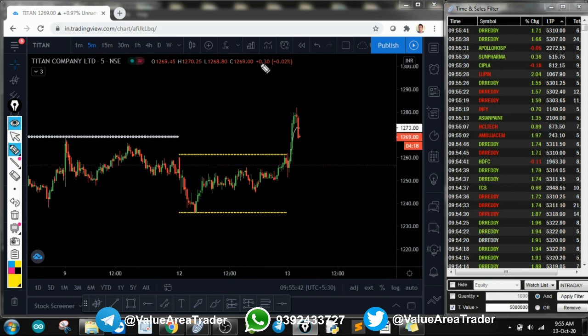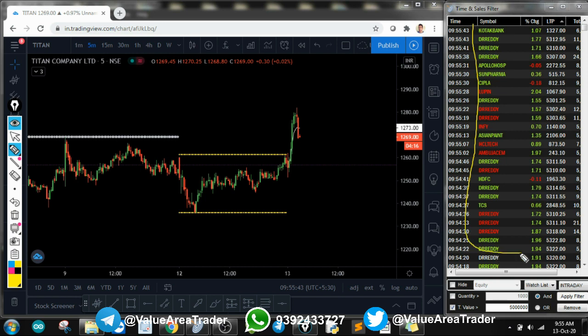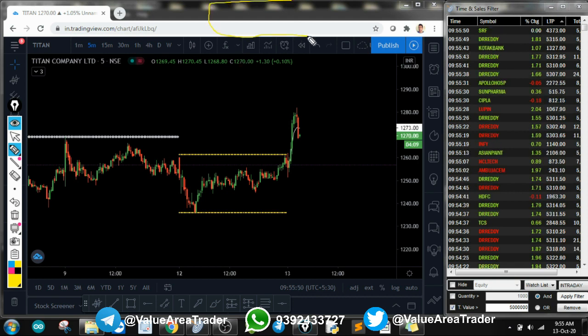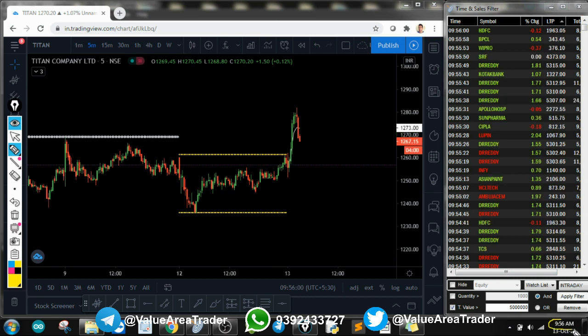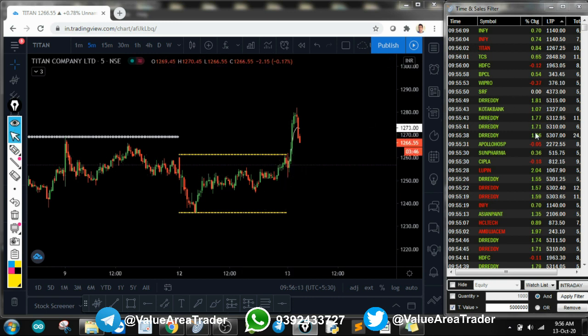We'll be taking some live trades based on this scanner that we have on the right side. This is called the Dartstock platform, and I've already explained this in a previous video. Do watch the previous video in which I explained this intraday setup that I am using right now. As you can see, this is 13th October today, and it's almost 9:56. I've already told you that I don't want to take trades before 9:45. That's why we have waited till 9:50, and we'll be looking for some trades today based on the Dartstock.